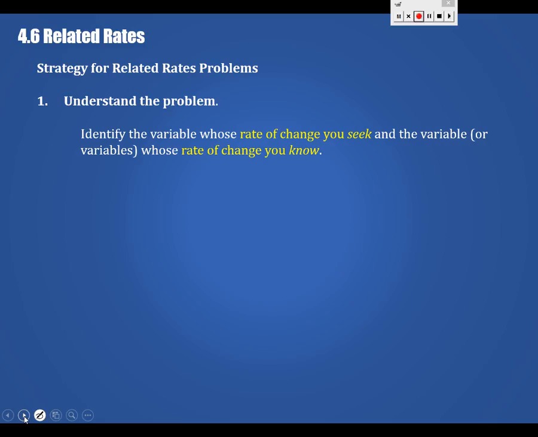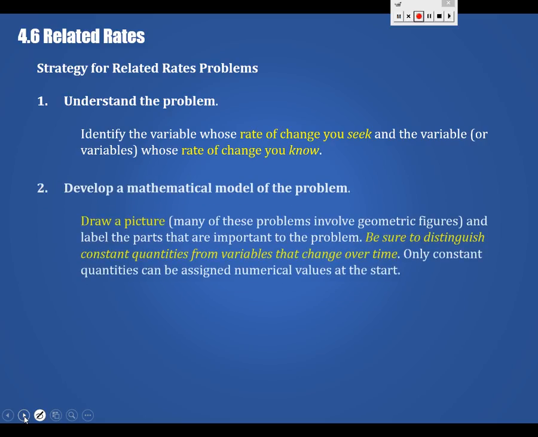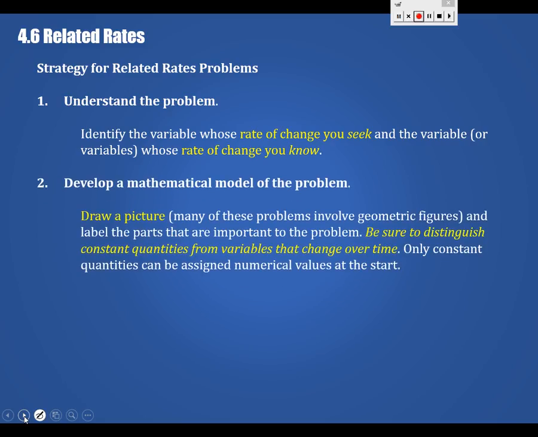Similar to what I told you, this is going to have a little bit of optimization flavor. You're going to have to come in with a little bit of pre-calc wrangling, right? You're going to have to size up the situation. Identify the variable whose rate of change you seek. You saw us do that on the previous slide, and the rate of change you know, and any other things you might know in the problem. Maybe give them helpful names, like we just did. Drawing a picture, just like in optimization problems, is often a great strategy to get in on these,